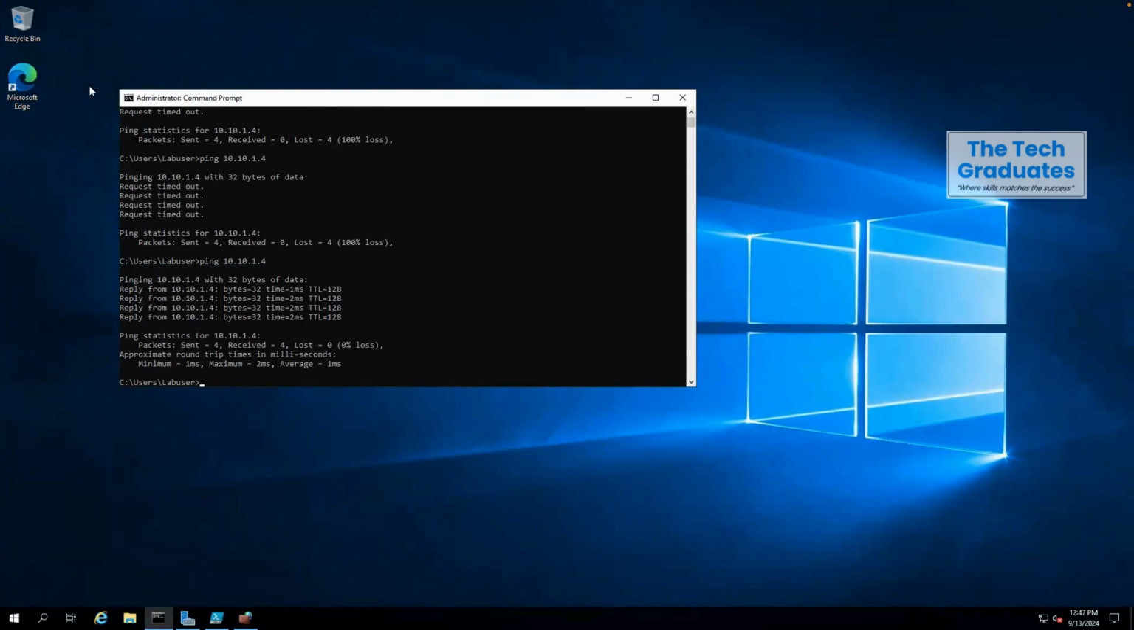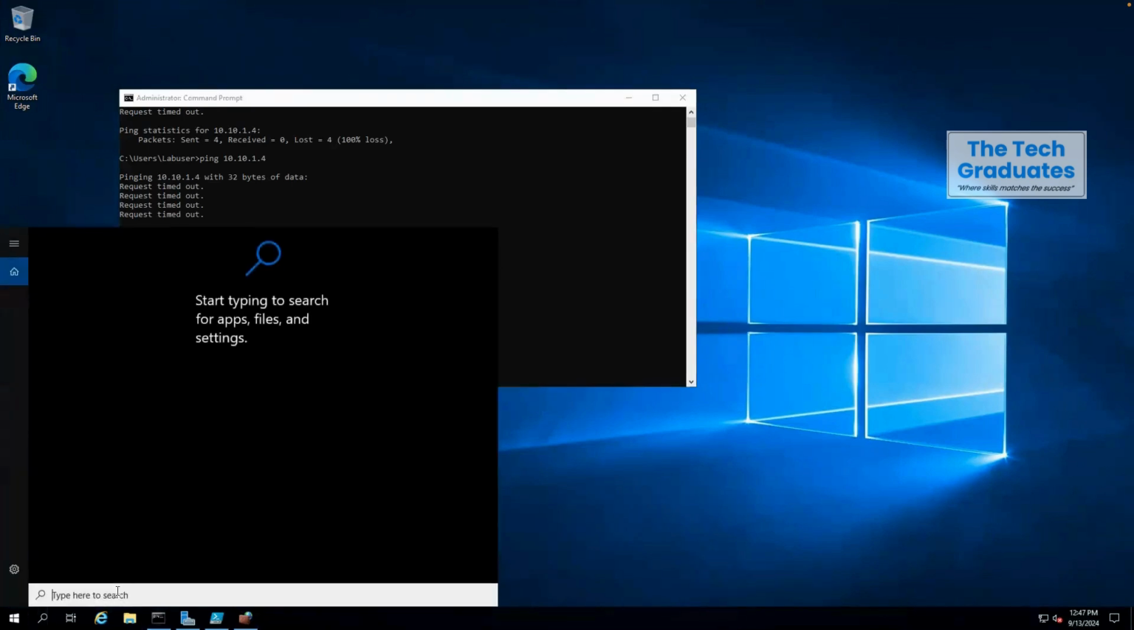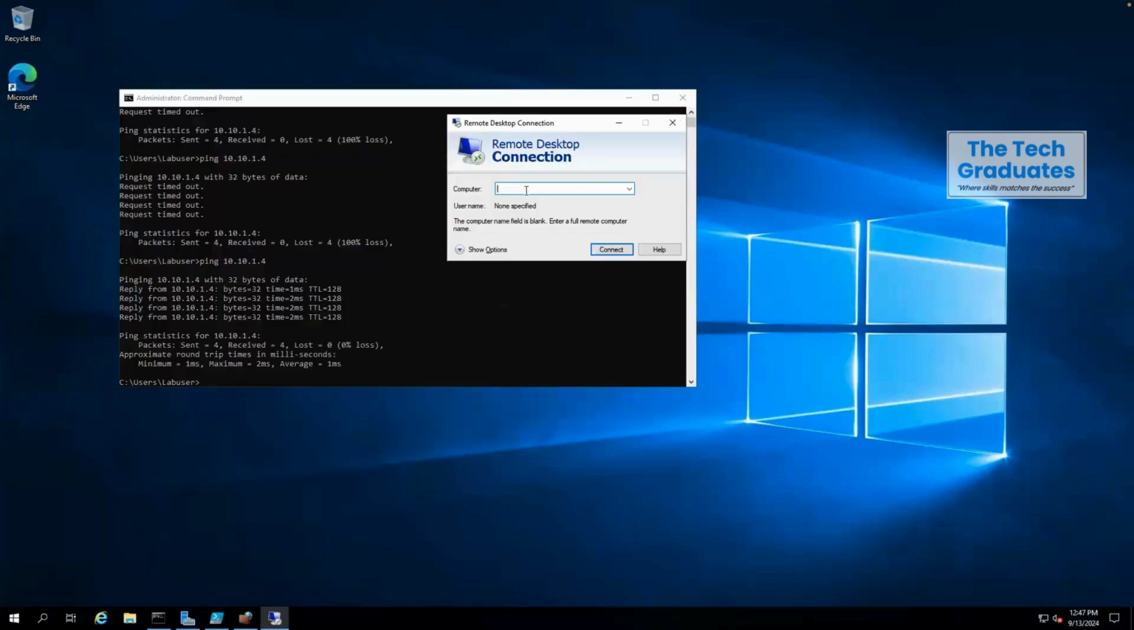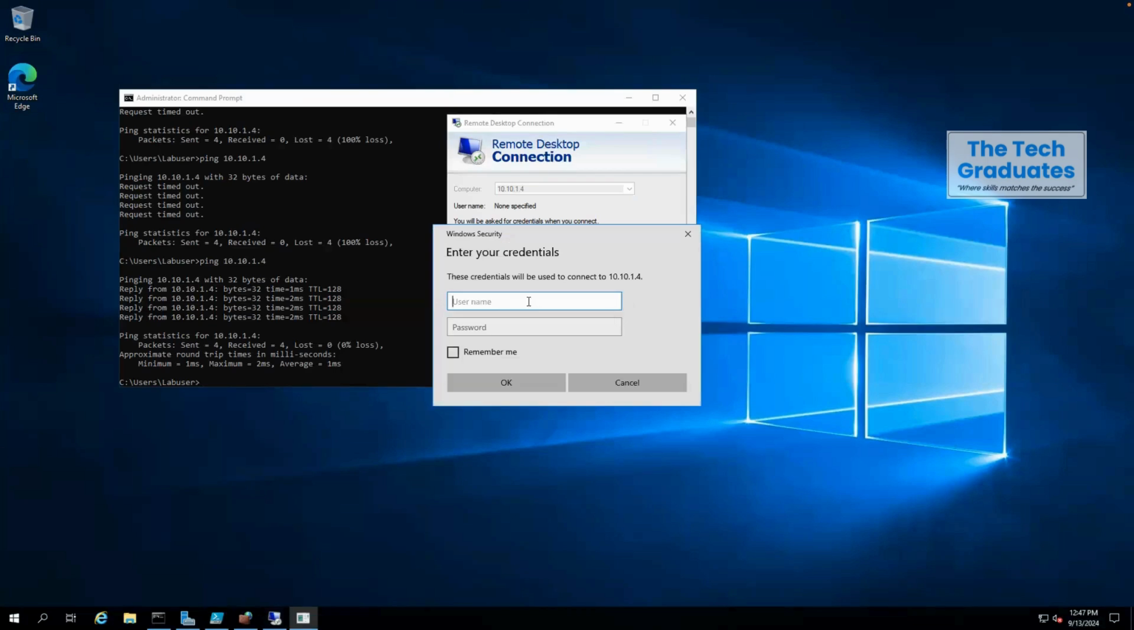Got it? So from this machine, I can take RDP of the machine using the private IP. So suppose I type RDP here, and I can take 10.10.1.4, which is VM2. So I'll connect. Now lab user, the password. Now from VM1, I can take